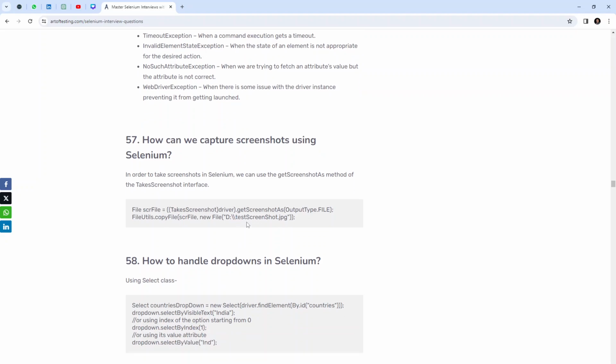How can we capture screenshots using Selenium? In order to take screenshots in Selenium, we can use the getScreenshotAs method of the TakesScreenshot interface. File scrFile = ((TakesScreenshot) driver).getScreenshotAs(OutputType.FILE); FileUtils.copyFile(sourceFile, new File("D:\\test\\screenshot.jpeg"));